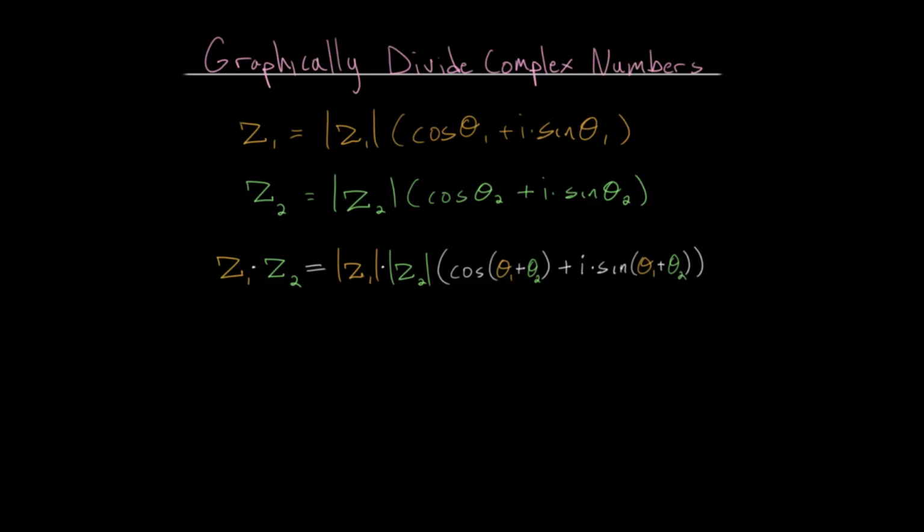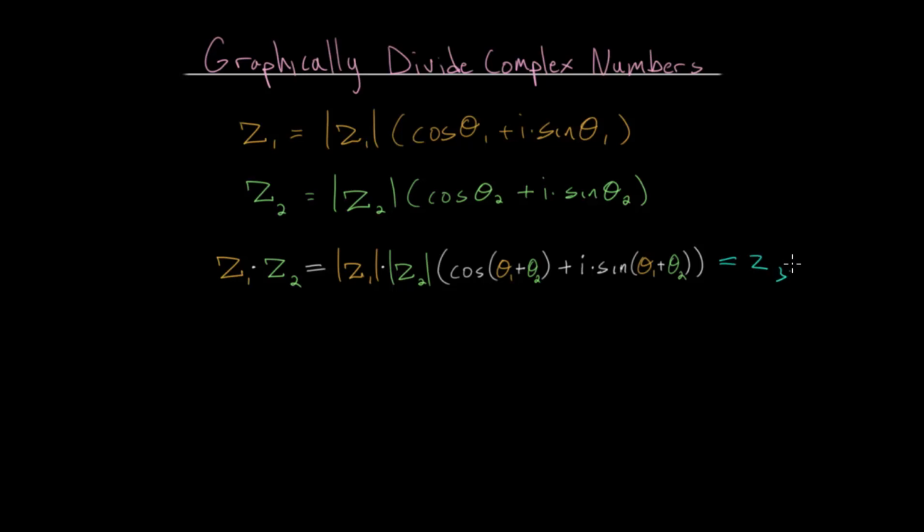In this video, I'd like to talk about graphically dividing complex numbers. And in a previous video, we derived a formula for multiplying two complex numbers when they're written in their polar form. And the essential way to interpret this formula is that multiplying two complex numbers, we end up multiplying their magnitudes and we end up adding their angles, so that we get this new complex number, which if we want,